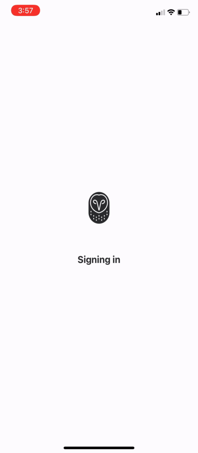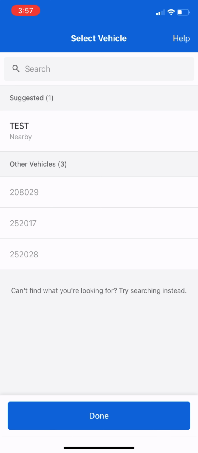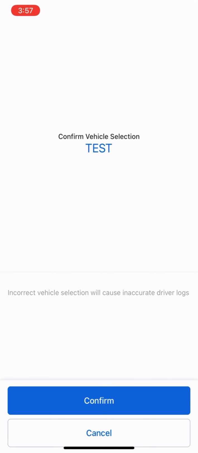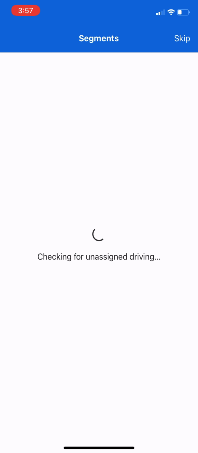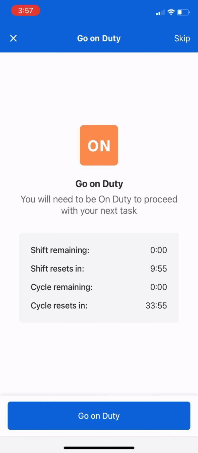When you're signing in, it's going to take you to a screen that says select your truck. You need to make sure that you are selecting the correct truck number, the one that you are currently in. If it is incorrect, your logs will not be correct throughout the day. You're going to confirm that truck number, and then it's going to check for any unassigned driving time and uncertified days. Once it's done with that, it's going to take you to your screen that's prompting you to go on